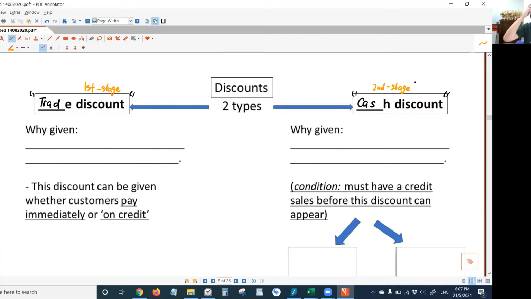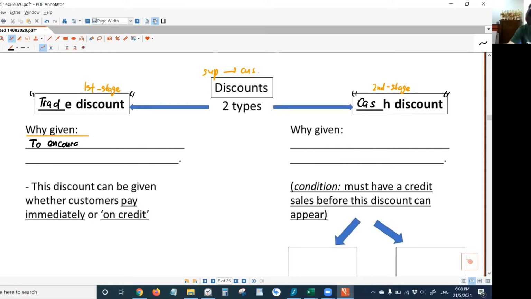Now let's write down the reasons why these two types of discounts are given to the customer. Discounts are always given by the supplier to the customer. Let's learn the reasons why these two types of discounts are given. First one, the trade discount. Under the Why given, you write: